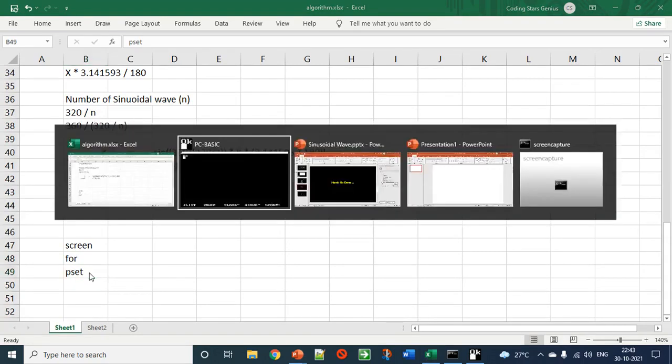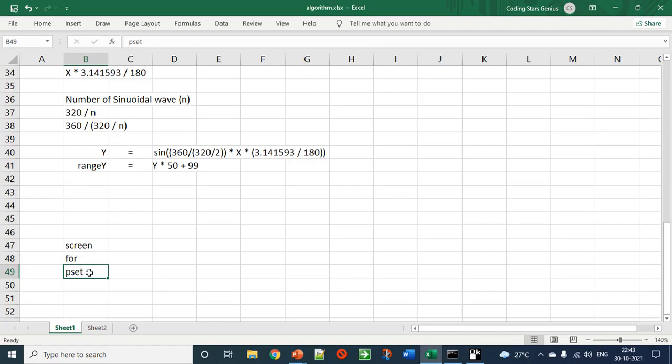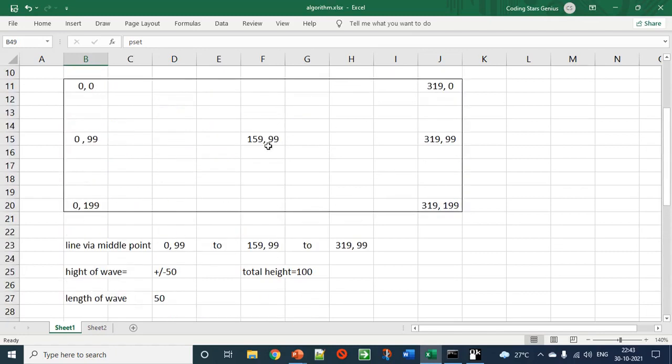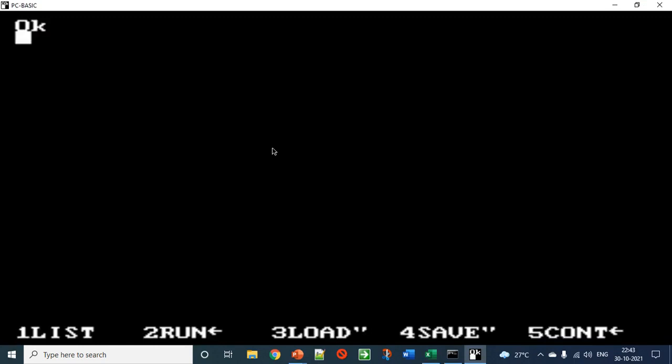To give you more explanation, suppose I want to put a dot at a particular x coordinate and y coordinate. I will say PSET. This is a graphical screen, so I can draw anything. PSET 159,99, and when I do this, you see it has drawn a dot on the screen.